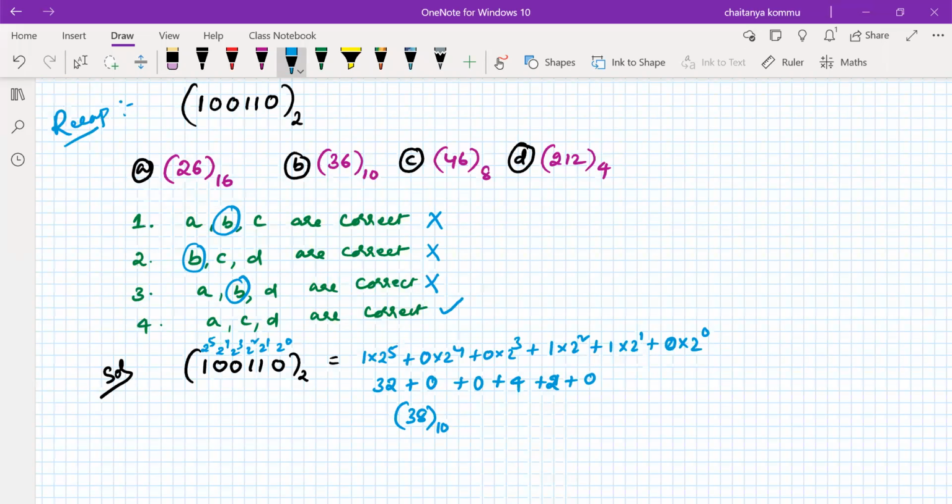Therefore, we should not do all the things and then make the correction. Don't do that, especially from the GATE point of view and all other things. This kind of approach is very advantageous. Okay, so this is problem number 1.